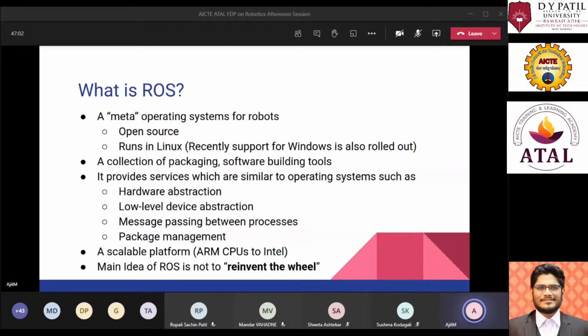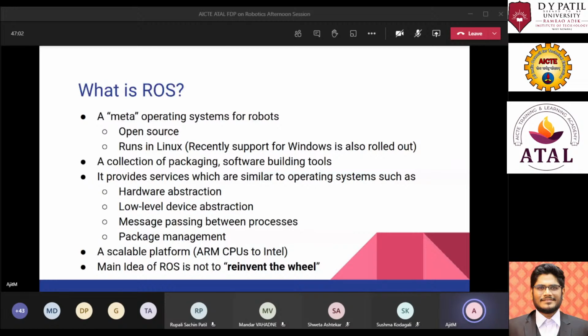Here we have the header of this message. This header contains the timestamp, the string frame ID, so what is the ID of that frame, and the sequence. Along with that, it also has the pose message, which is XYZ, and quaternion data, which is XYZ and W.